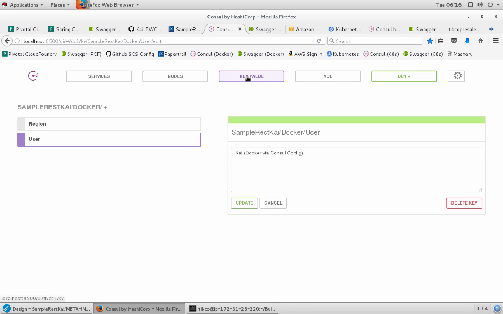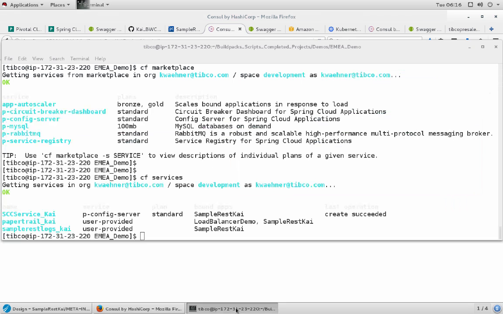And here, as you can see, I have configured two key value pairs already. This is simply to demonstrate again. In this case, my name is Kai, but we are using Docker and we're using the Consul config. So this is basically the configuration in Consul. And now let's go back to the